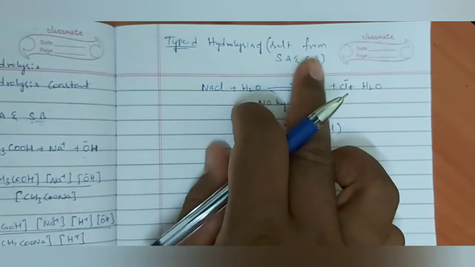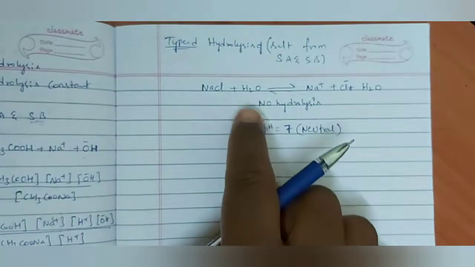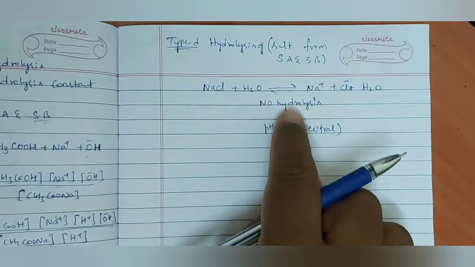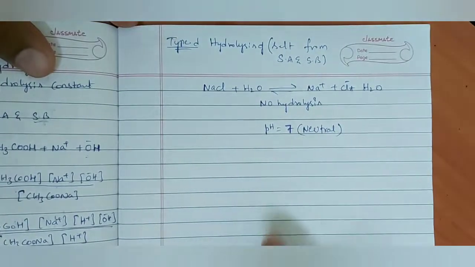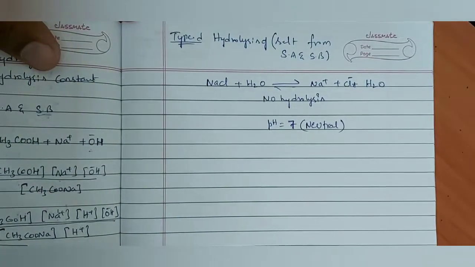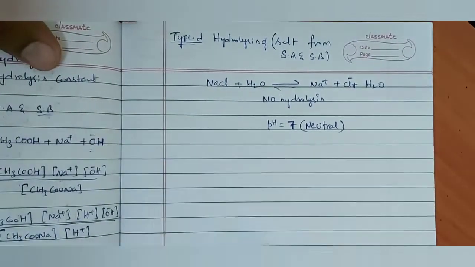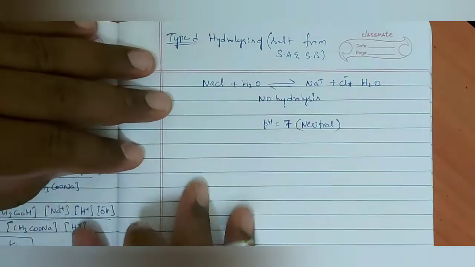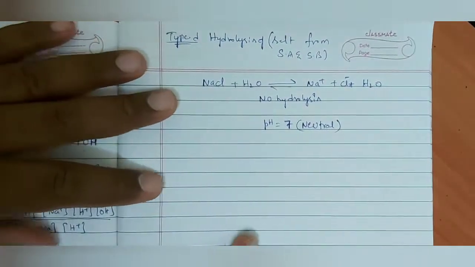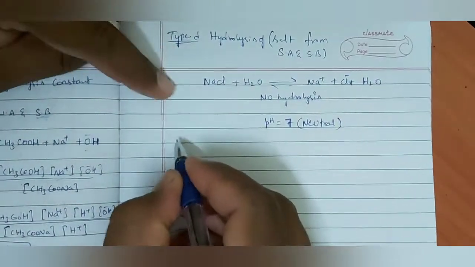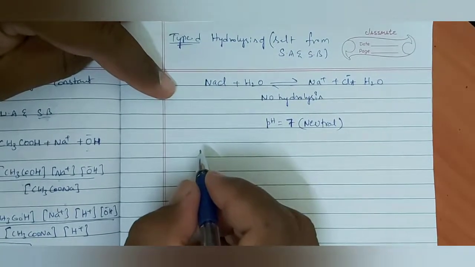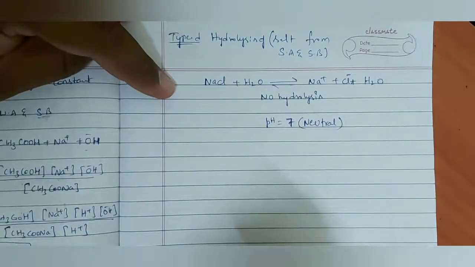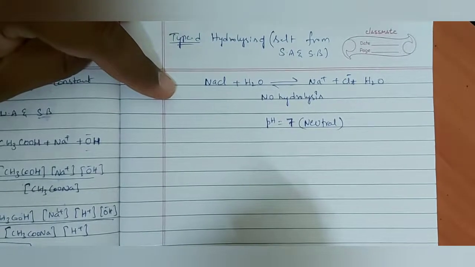Hydrolysis of salt from strong acid and strong base. Both will not undergo hydrolysis because both are weak only. That's why pH is equal to 7, which is completely neutral. Is it okay, ma? Now coming to pH values. For the 4 types of salts, we have pH values and we have tabulated them in one column of a table. That one we will see, ma.